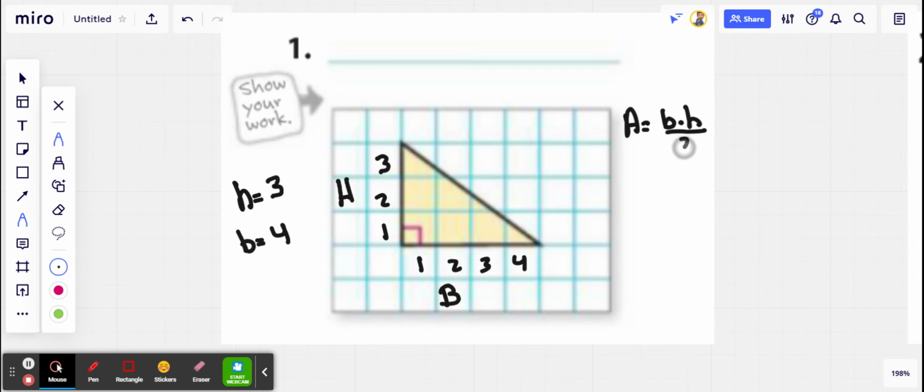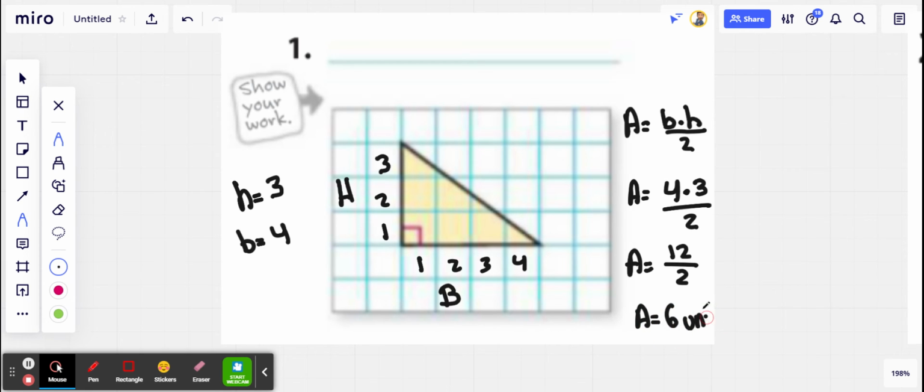Okay, so our formula for the area of a triangle is A equals base times height divided by 2. All right, so our base is 4, so I'm just going to plug in 4 here. Area equals 4 times our height, which is 3, and then we're going to divide by 2. Well, 4 times 3 is 12, and we're going to divide 12 by 2. 12 divided by 2 is 6. So the area of this triangle equals 6 units